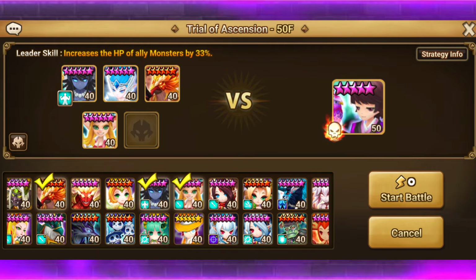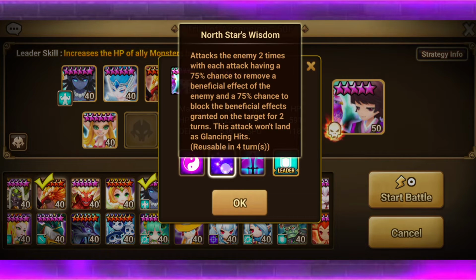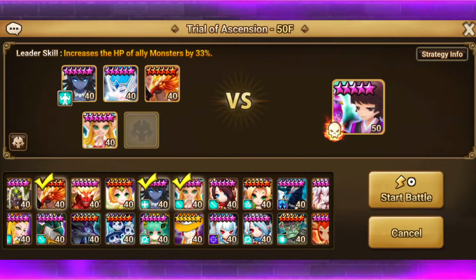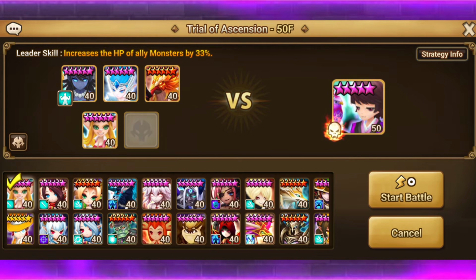I do not want Woonsa moving. I don't want him getting his third skill, second skill off at all. The least scary thing about him is his first skill, and even that's going to probably be a little bit annoying. But other than that, we can...